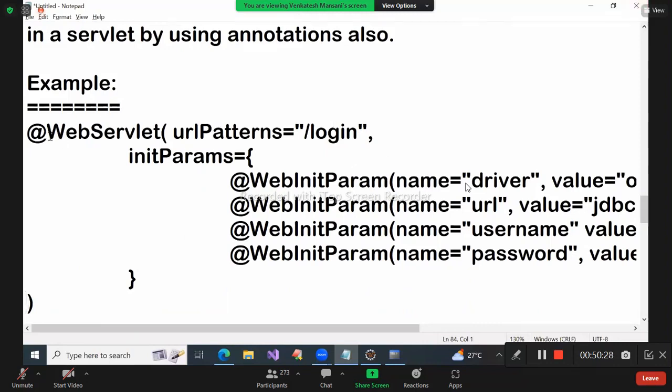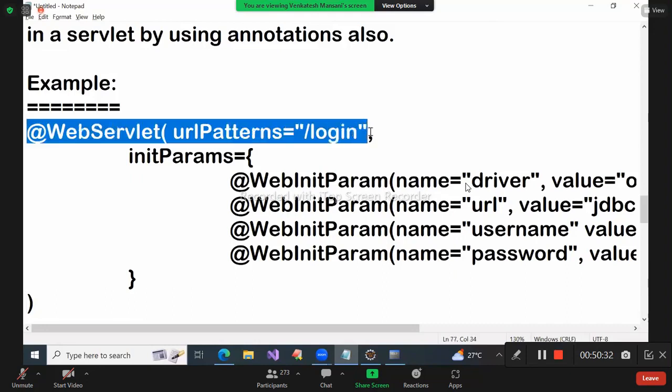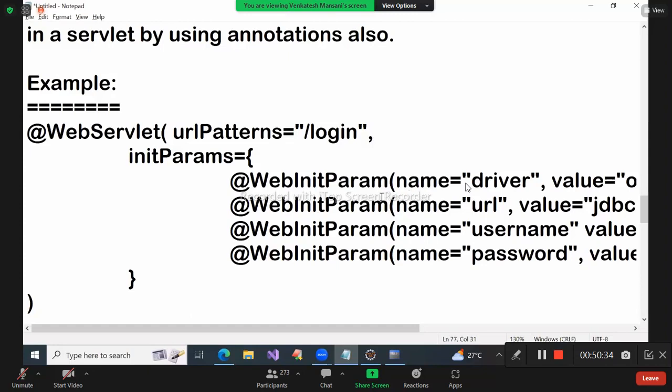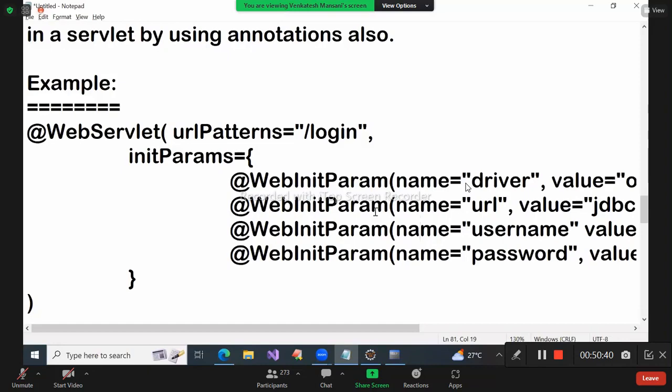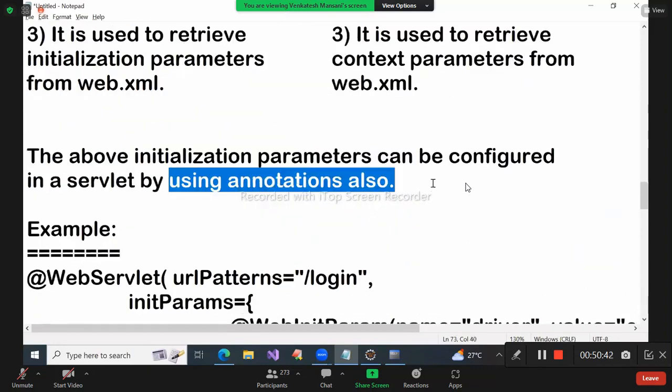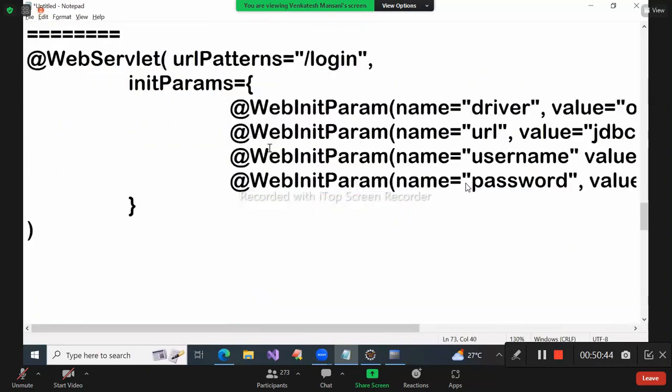That means it is a URL pattern of login Servlet. For login Servlet, these are initialization parameters. So if you want to configure by using annotations, you have to write like this. Okay, write this one. Then what you can do here, public class login Servlet